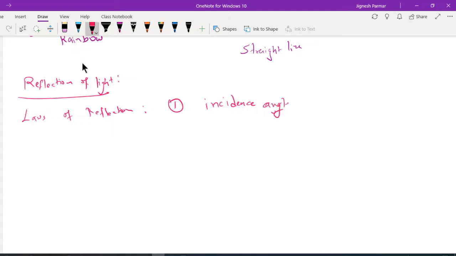Incidence angle is equal to reflection angle. Okay, this is the first rule that we are aware of. And second,